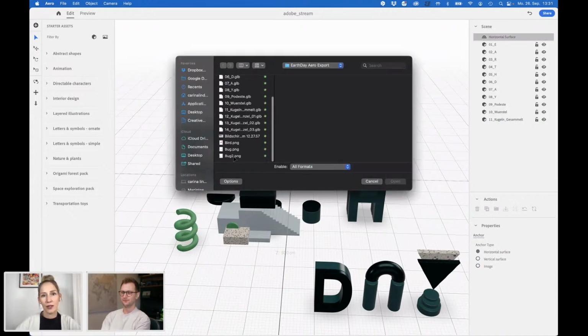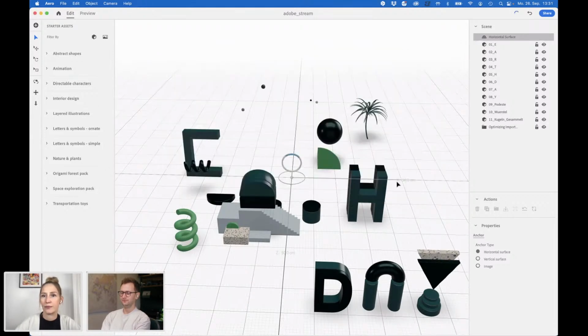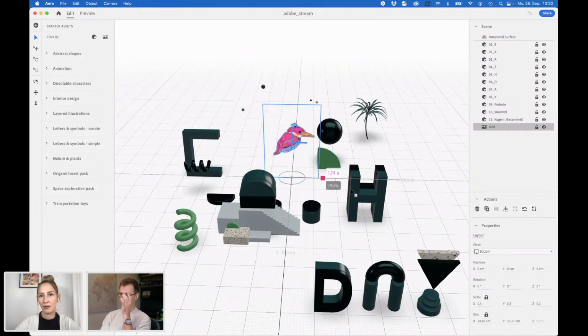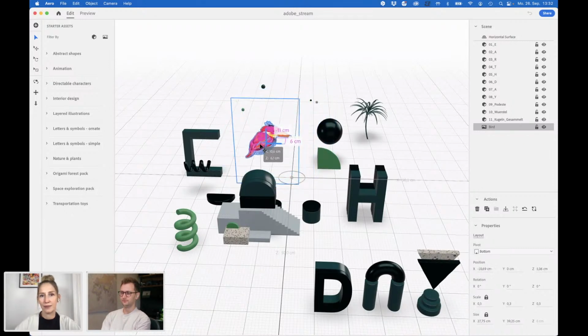Because I, for example, created a bird. And I want to see how this bird would look within this nice Earth Day setting.